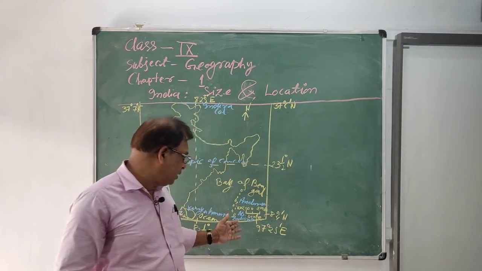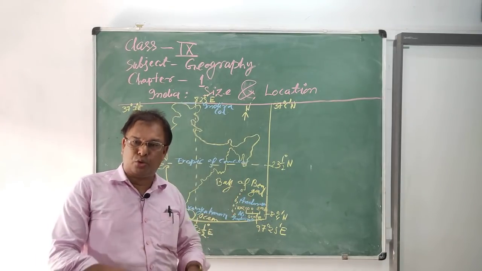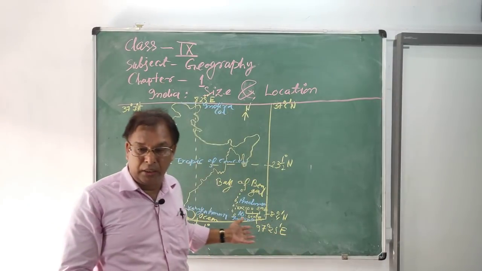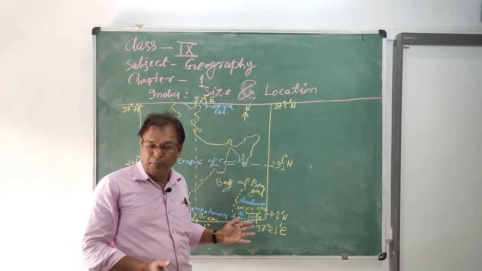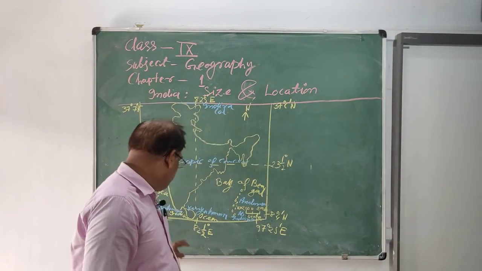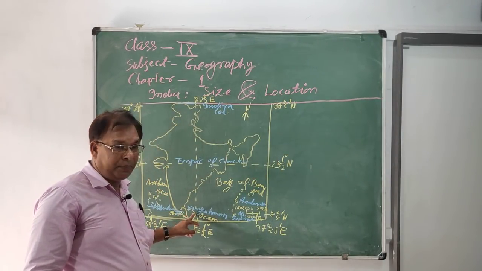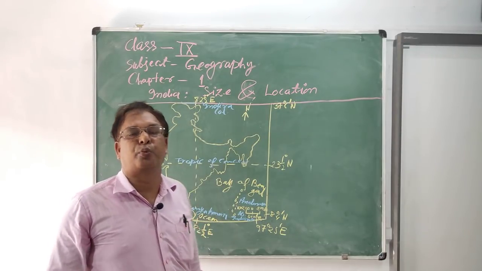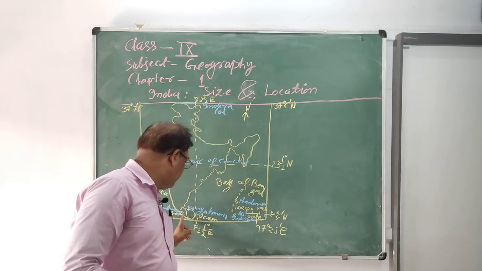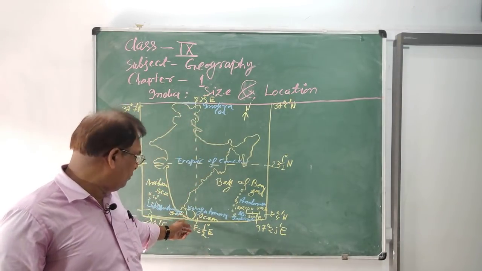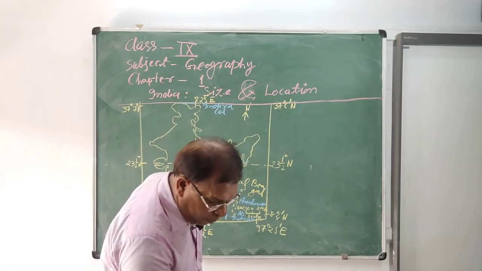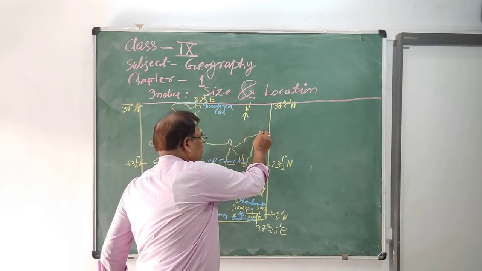Because the tsunami submerged these islands in the Andaman Nicobar Islands, and Indira Point has merged. So at this time, Kanyakumari is the southernmost point of India, which is also joined with the mainland. And the easternmost point of India, here is